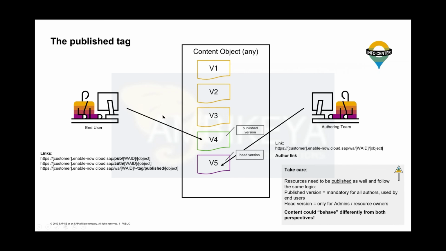So if an end user would try to access the published version of a specific subtree, like a library, and you would not have published the trainer resource, which is the general e-learning runtime environment, they would still see nothing because the engine to display would be missing. So please, always before you open tickets, try to check whether you probably forgot again to publish the resources, and know that resources just behave in the same way as physical contents. The published version would be